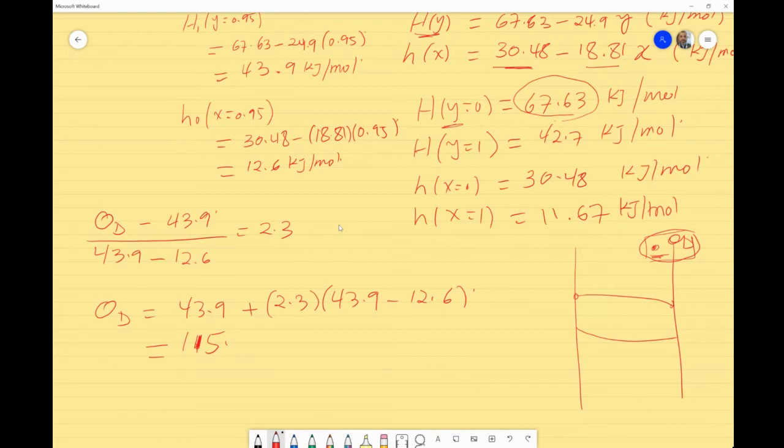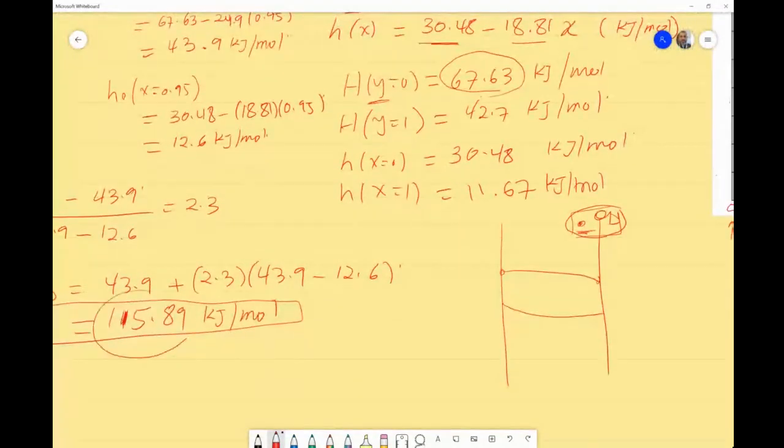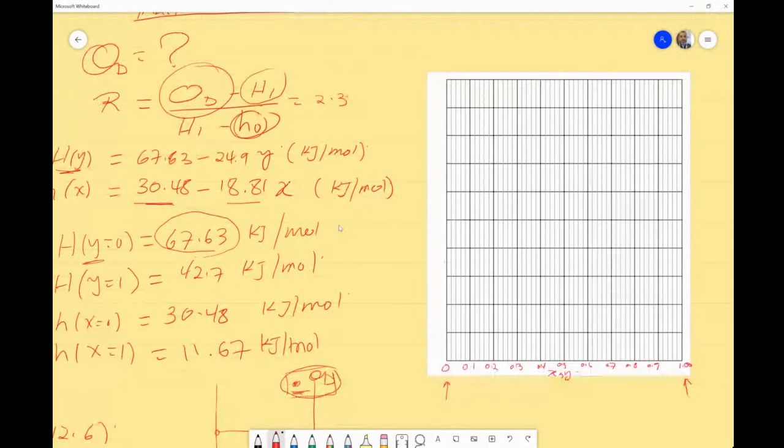Sorry, 43.9 minus 12.6 here is going to be multiplied by 2.3 plus 43.9. Yeah, 0.89 here. This is kilojoule per mole. So now this is going to be almost the maximum value in my scale here. So I go back here and then start. Now I have the range here. It's up to 15. So I can say 120 maybe. Okay, or even 130 should be okay. So now if I start with